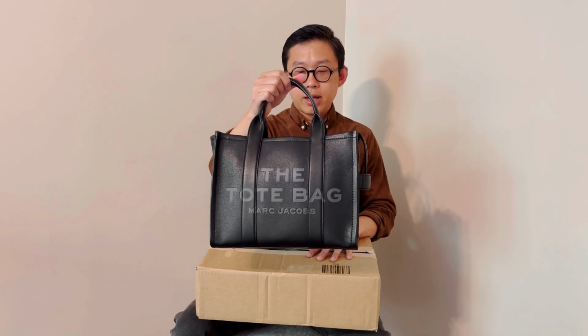Today I have an unboxing for you, and you can probably tell I already opened this box because I ordered another Marc Jacobs small tote, and this is the box they shipped me. This is my first Marc Jacobs small in black leather, and if you look at the size of this box,